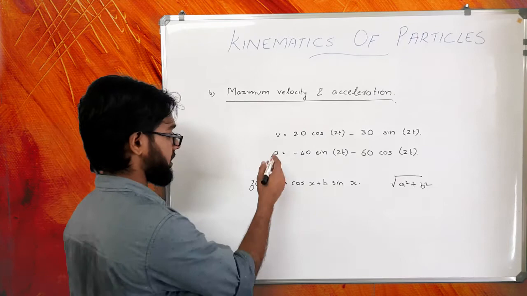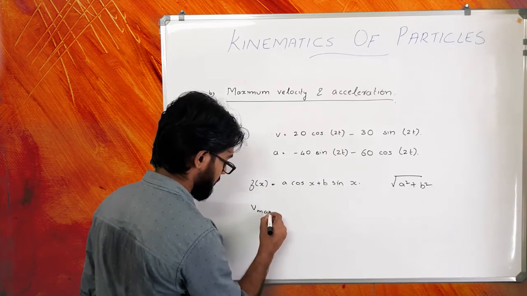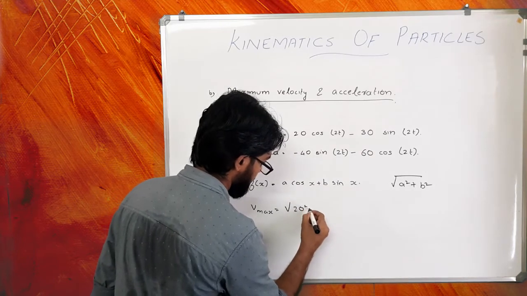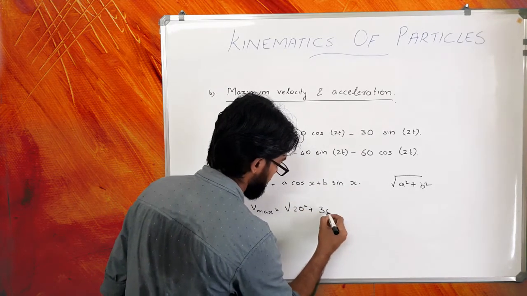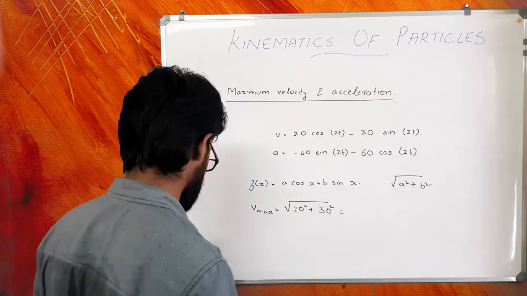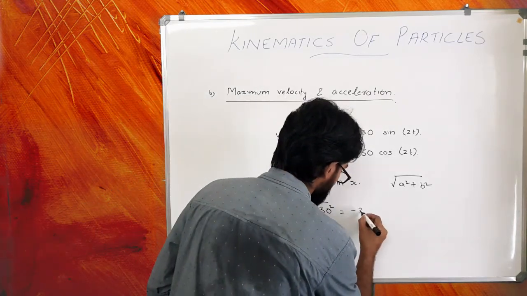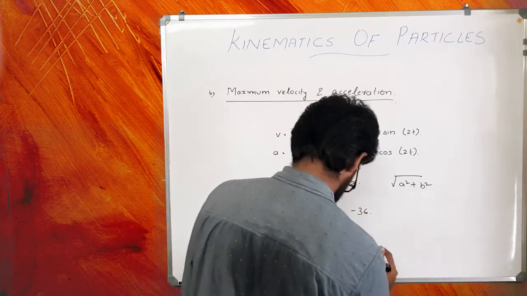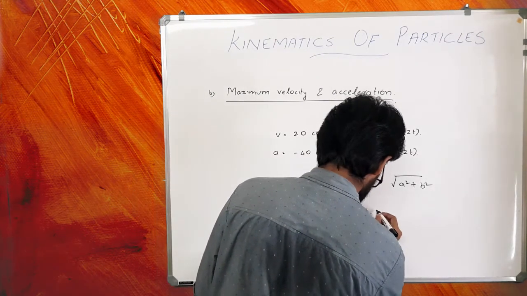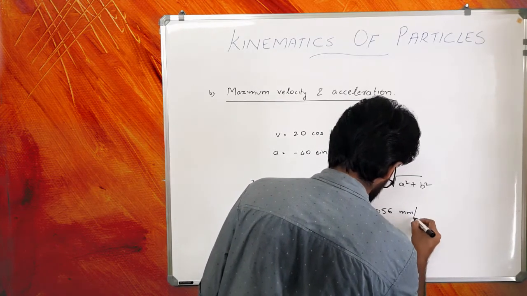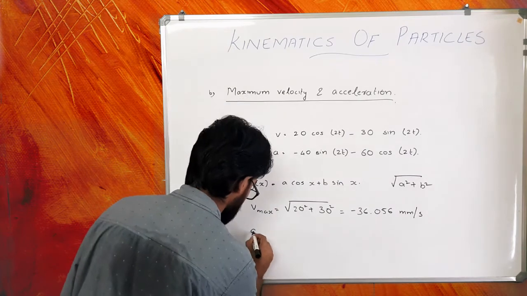So, I can say that V max will be equal to root of 20 square plus 30 square, which will give you the same value, 36.056 millimeter per second, and A max